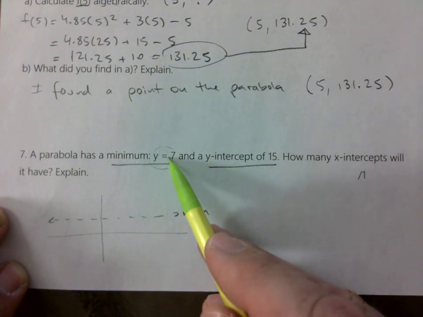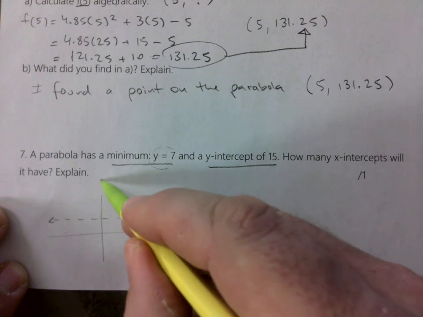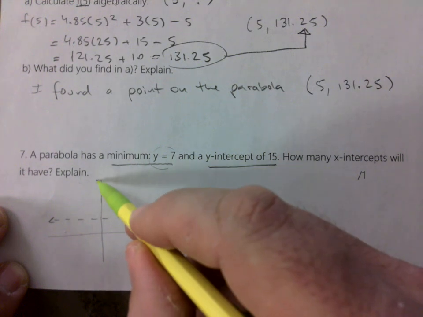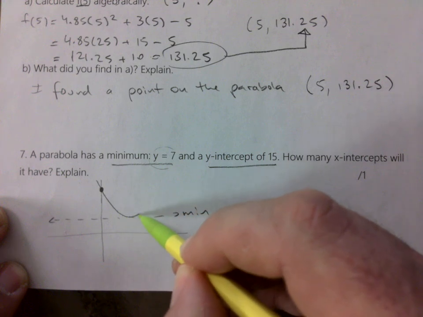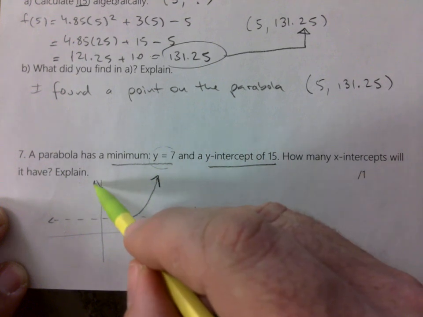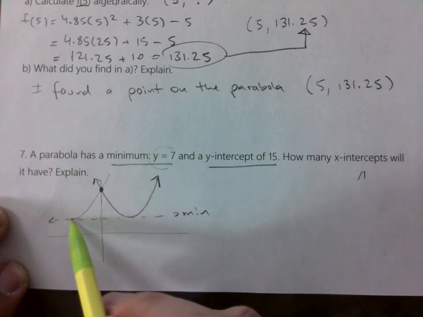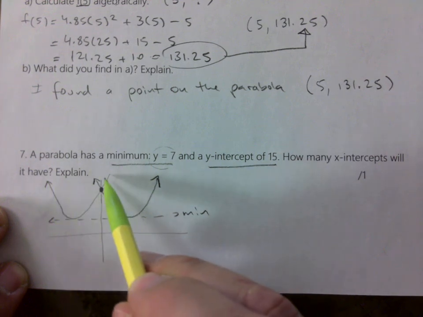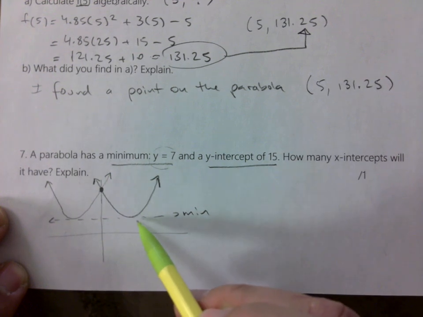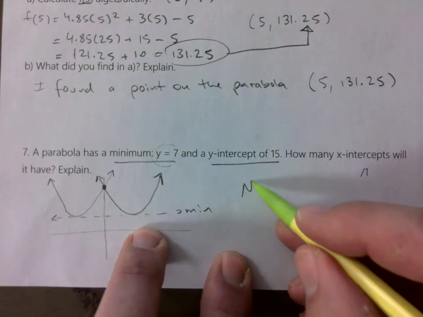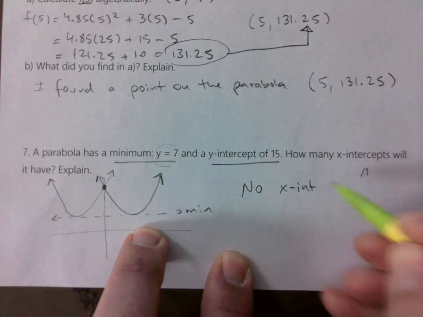Y is 7, positive. The y-intercept is somewhere up on 15. So it either does something like this, or you can kind of imagine that it does something like this. It doesn't matter. The y-intercept is there, the minimum is there, meaning it doesn't go lower than that. And the answer is 0, none, no x-intercepts,